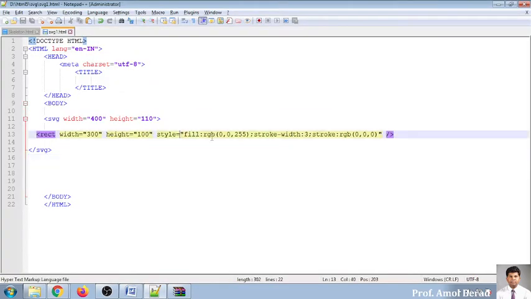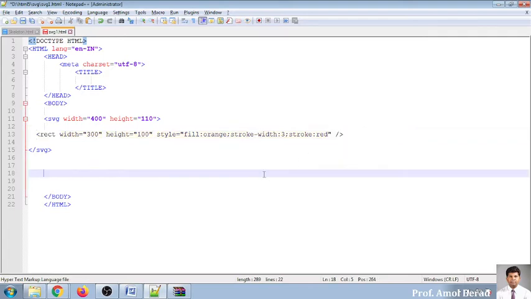Okay, so blue color is this. Now here it is RGB 00. I don't want to use RGB format. I want to use a color name, so I will give orange color, and I want to give a border color somewhat red in color. So you can use this type of features also. I'm saving it and the colors will be changed.